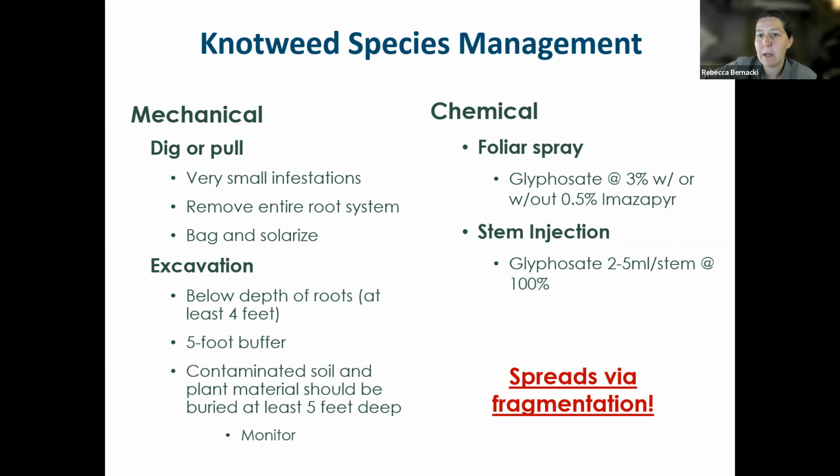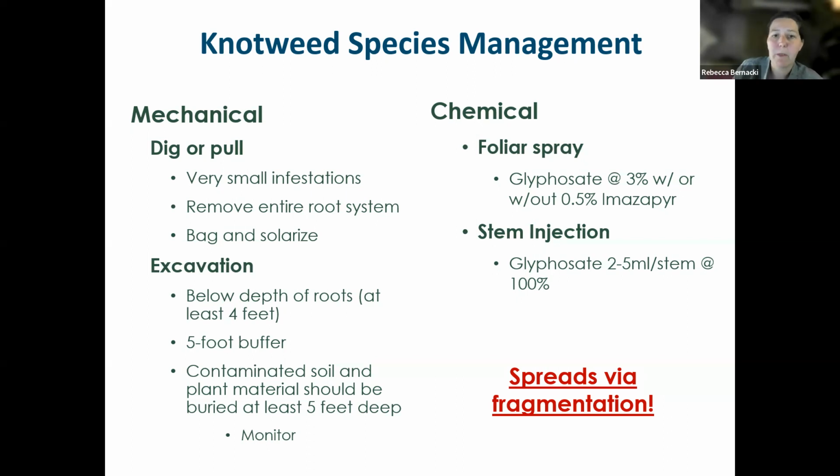On a lot of these slides, I'm going to have herbicides listed as well as concentrations. These are just the concentrations for the products that we at APIP use according to the label. You're always going to want to check the label of the product that you're using to ensure that you're using the proper dilution rate. So knotweed can be treated with a foliar spray of a glyphosate-based herbicide at a 3%